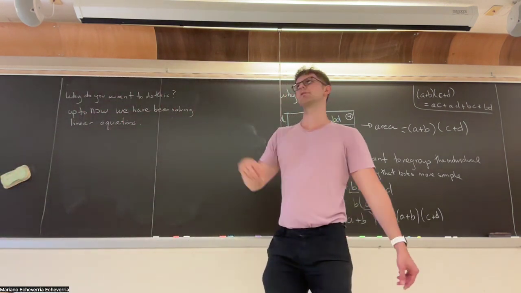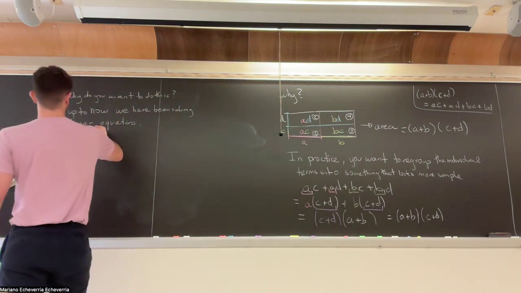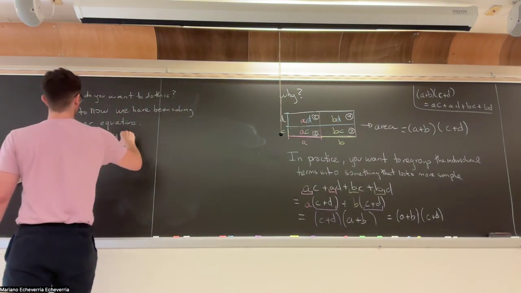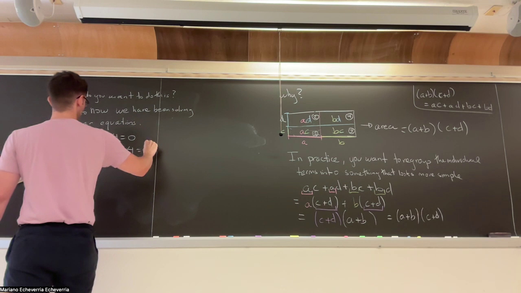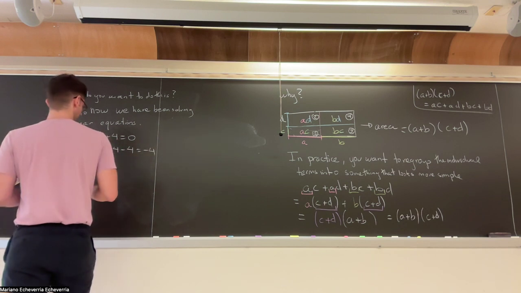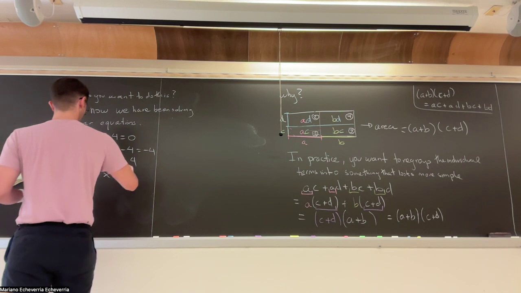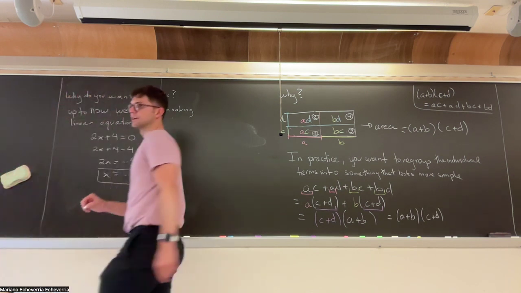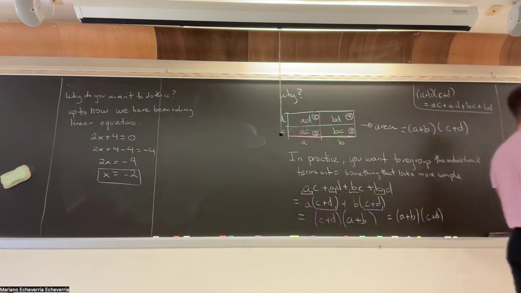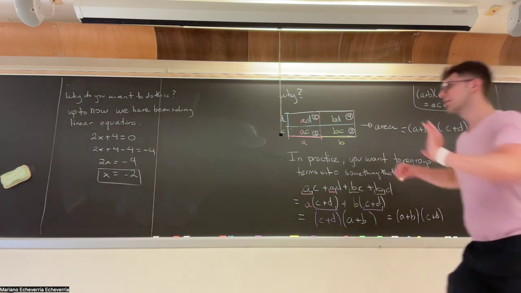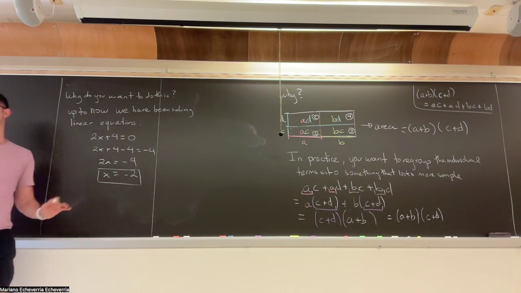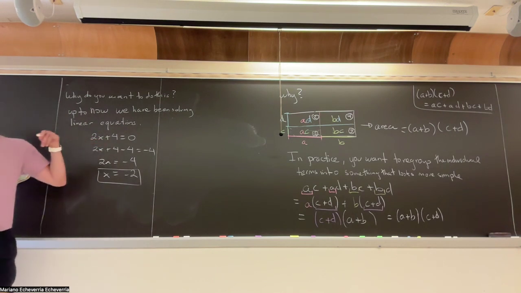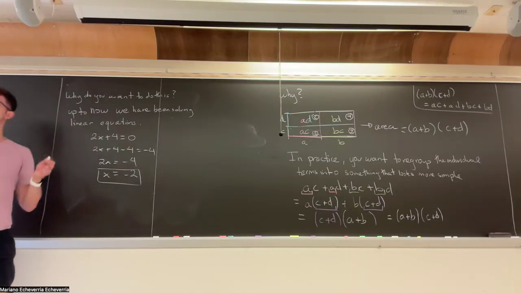For example, if I had given you something like 2x plus 4 equals 0, the way you solve this was you could add -4 to both sides of the equation. We find x equals -2, right? We have already become familiarized with that type of problem. But the point of a linear equation is that the coefficient for x is always 1. So it's x to the 1. You don't have anything involving an x squared or an x cubed or something more